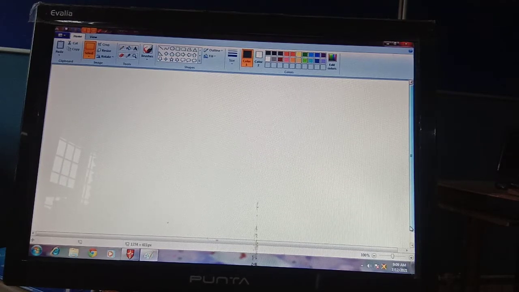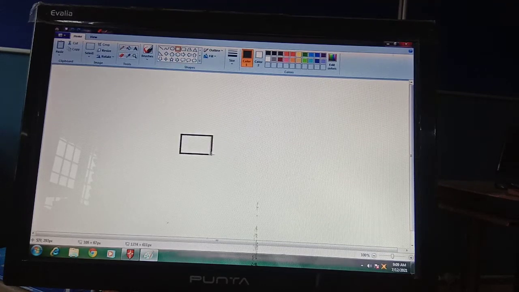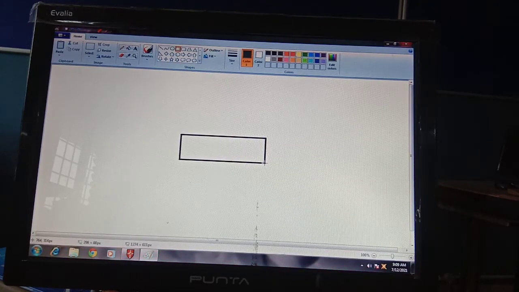Okay, so here we need to make a car. First of all, I want to draw a car. So how to draw? Let's see. I'm just using a rectangle for it. For example, this type of car I'm making, and another picture.